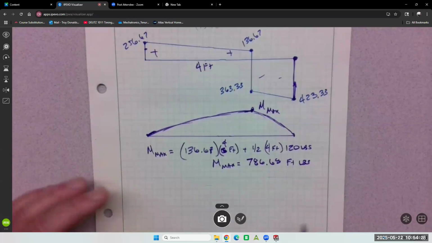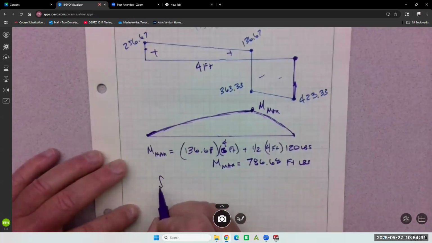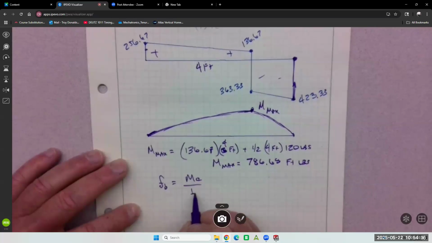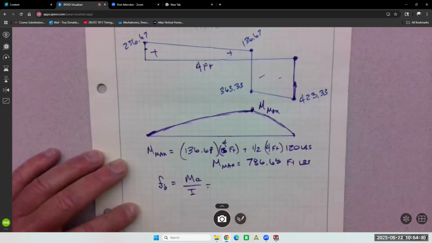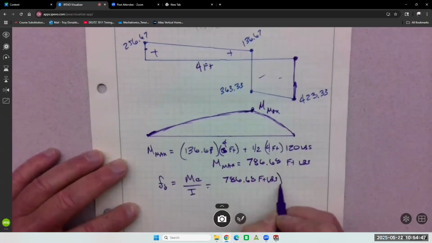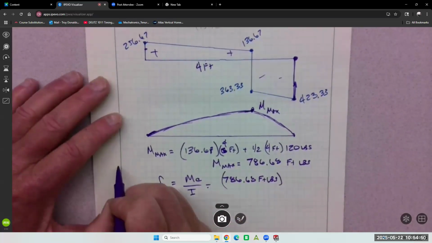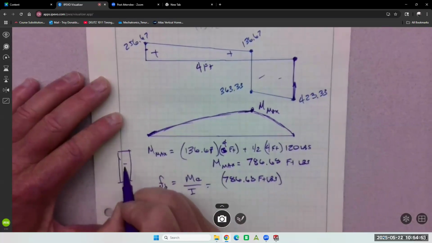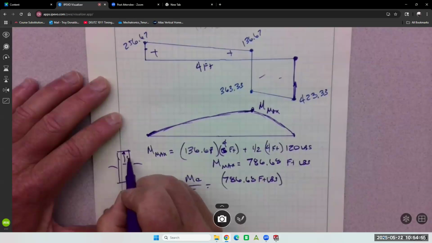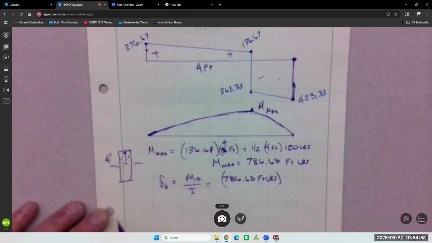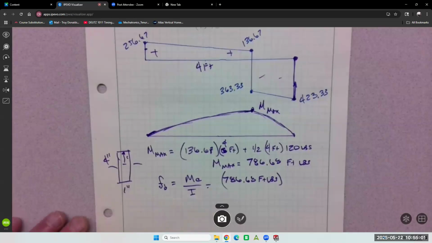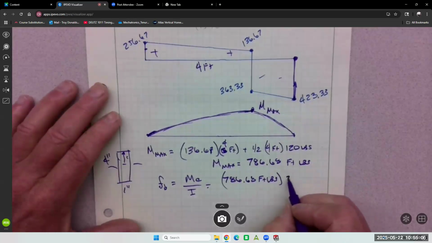All right, so far so good. Now we know our moment, we can go to the bending stress equation, which is MC over I. We can put in our moment, 786.68 foot-pounds. We need our C value, and so remember that C is from the neutral axis to the outermost fiber, and this thing was 4 inches tall by 1 inch. Right? So C is going to be what? 2 inches